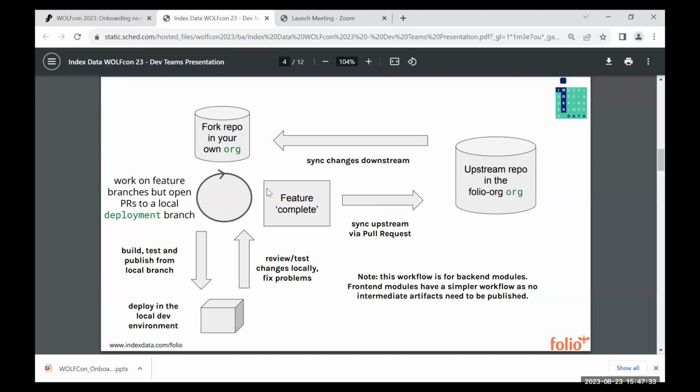So once those things are deployed and they can be tested, a PO works with the team. In our case, we usually have POs that have experience working with FOLIO, but it wouldn't have to be, because it's still fairly isolated. They can review the code changes on the running system. Based on that feedback, there might be some additional code changes that need to be done. Those updates would happen within the pull request that's been open to the deployment branch. So just like in FOLIO, but you have this extra time when that conversation between the PO and the developer